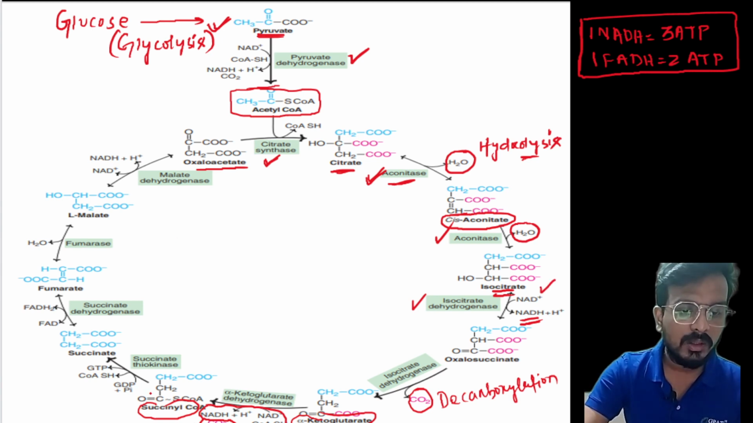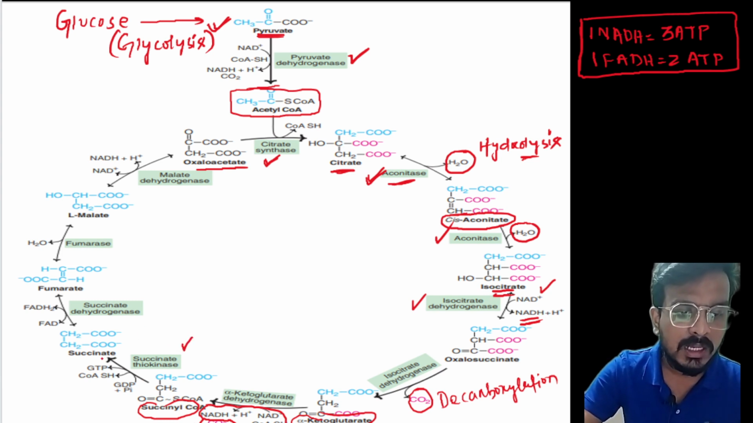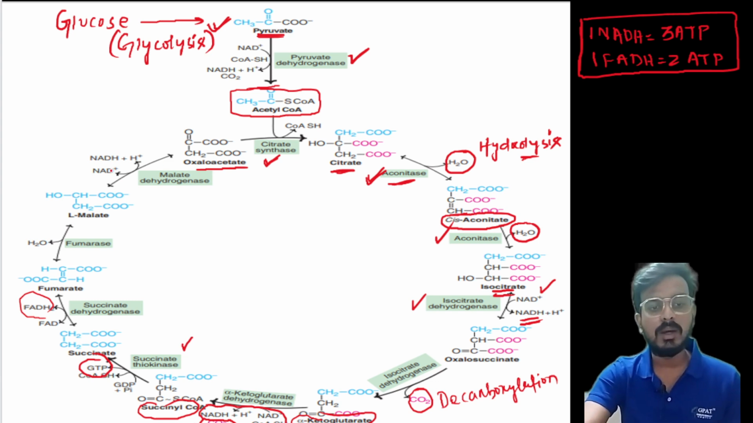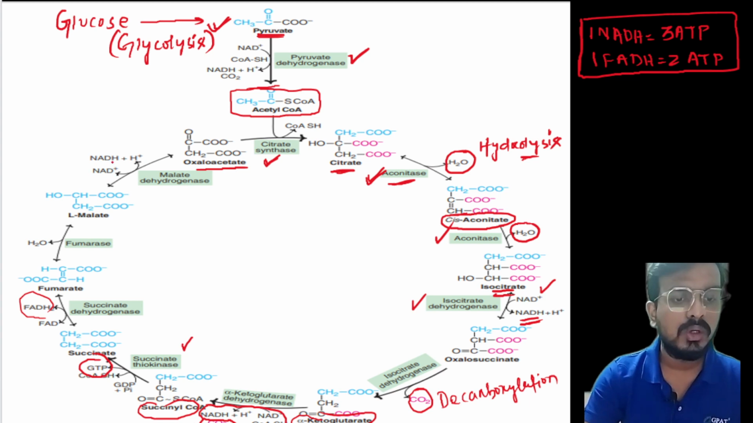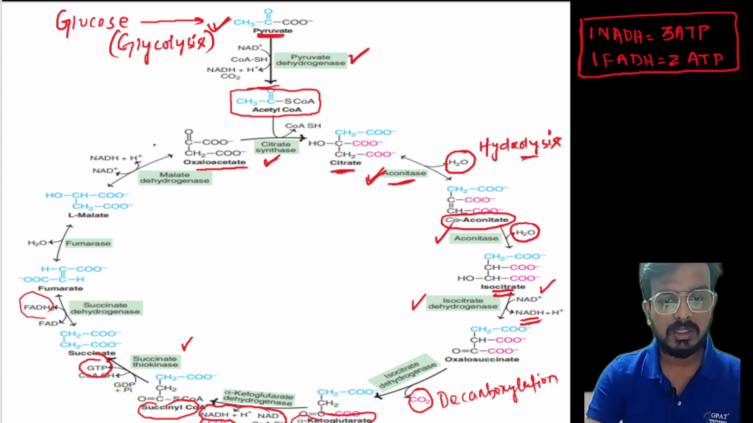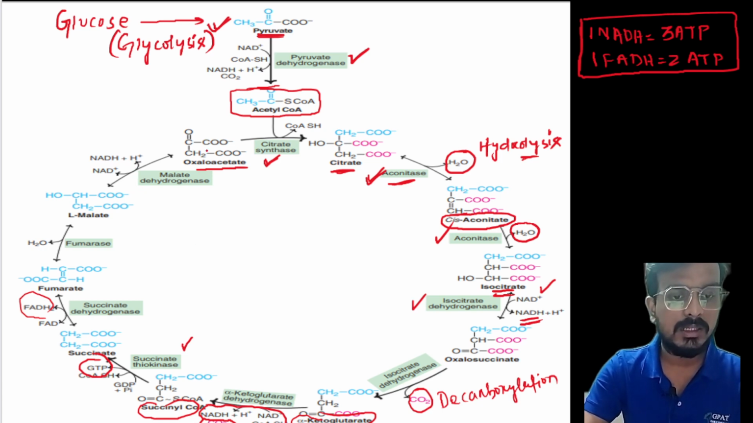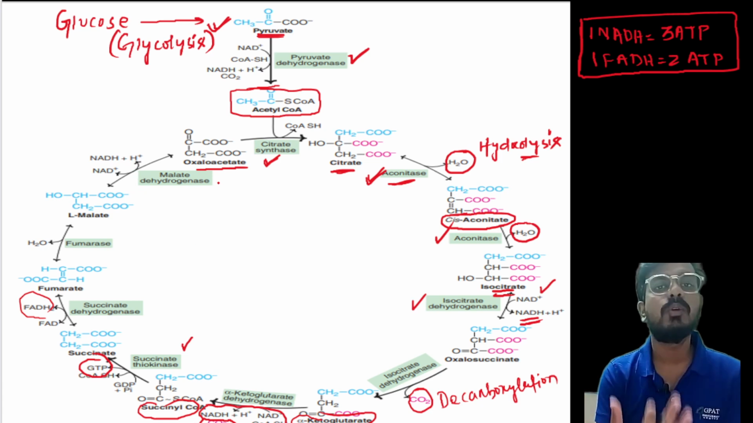Now, from succinyl coenzyme A to succinate, your enzyme is succinyl thiokinase. Here you can see that 1 GTP is produced. Okay, now from succinate to fumarate, 1 FADH2 is produced. And from fumarate to malate, and from malate again to oxaloacetate, 1 NADH is produced. So see how this energy generating process takes